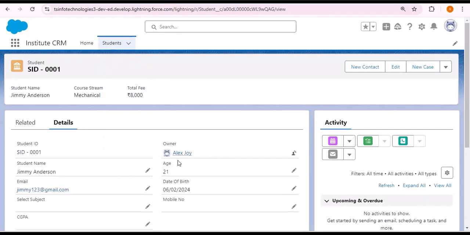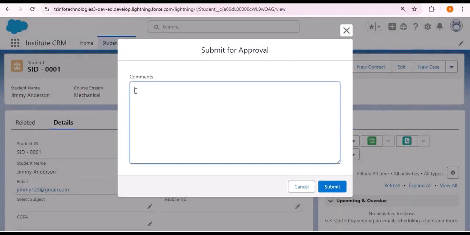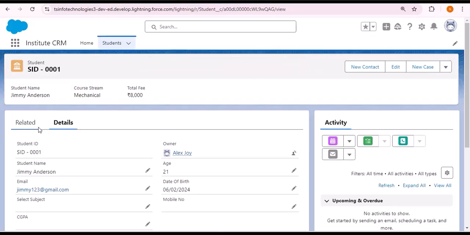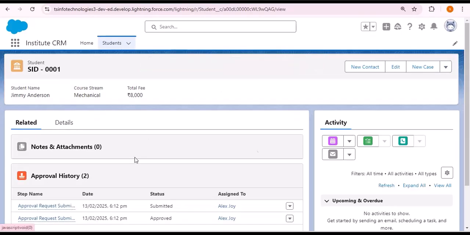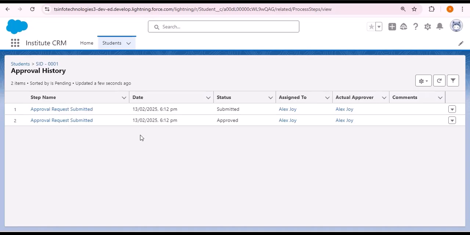Again let me navigate to the student record. Again click on this drop down and click on submit for approval. Again provide a comment if you want to. I am not providing any comment, and click on submit. And now here you can see the student was submitted for approval. Now as I click on related, scroll down, and here you can see approval request. As I click on this approval request,